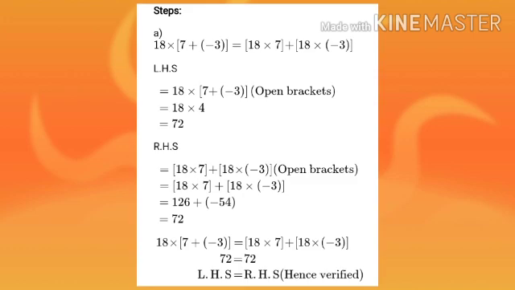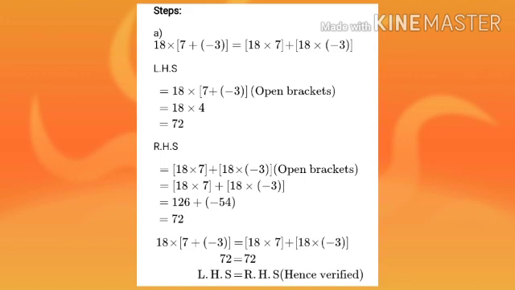open the brackets. Whatever the number given inside the brackets, by solving it, we can open the bracket. So which is equal to 18 into, what is 7 plus of minus 3 addition? Adding one positive and one negative number. What is 7 plus of minus 3? Which is 4. Therefore, 18 into 4 is equal to what? 72. Therefore, in case LHS, the result is 72.